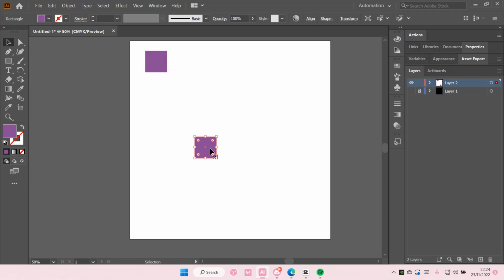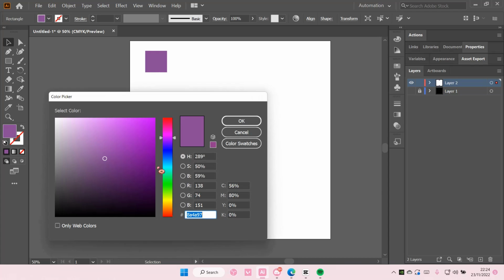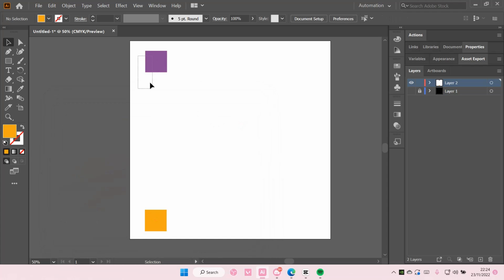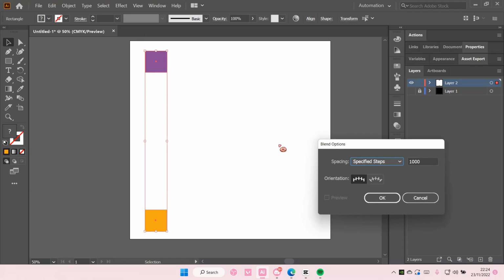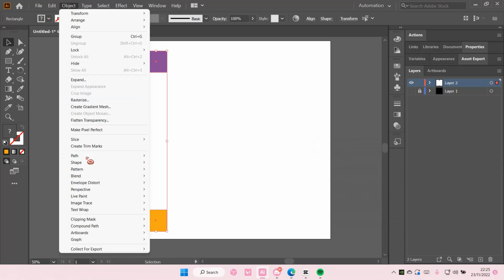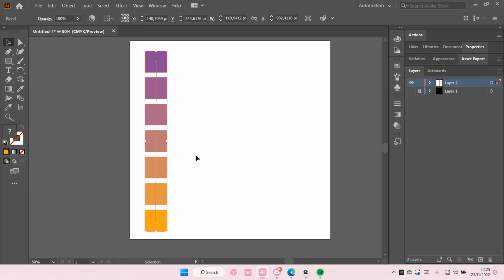Copy and paste, and then I'm just going to align it again. Make sure the distance is very far. And I'm also going to then choose orange again for this one. Again, selecting both, go to Object, Blend, Blend Options, and then Make. Then you have this beautiful color palette, and you can do it with like lots of colors,